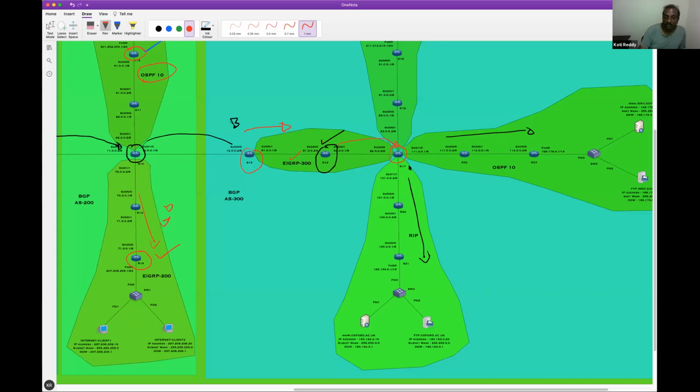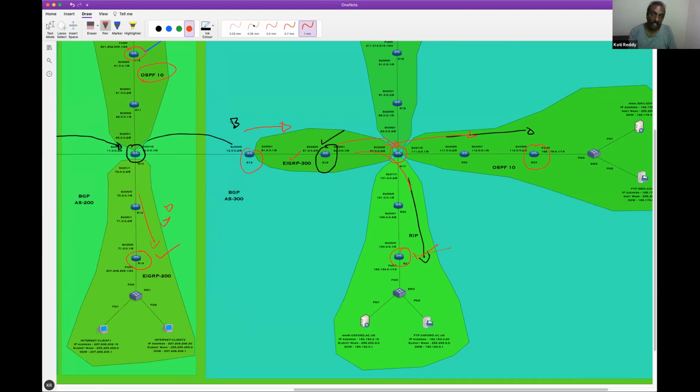Now, we already have done redistribution on this router from EIGRP into OSPF, EIGRP into RIP protocol. Already we have done that, right? So what happens? As part of redistribution from EIGRP into RIP protocol, these routes also would have gone now. So if I go to R21, what should I see? I should see all the 20 series routes. On R23 also should see all these routes. Let us see that now.